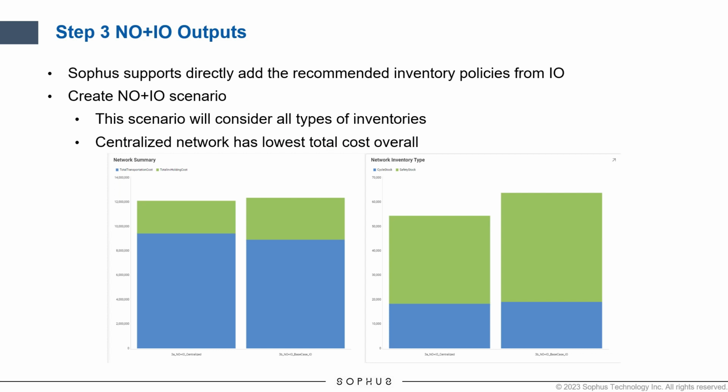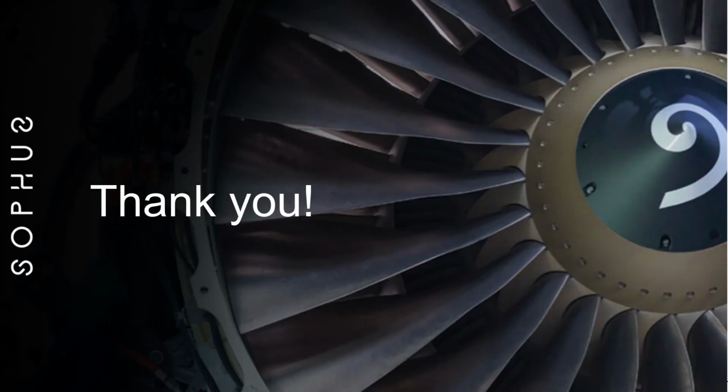In conclusion, HousePro's journey in optimizing its network and inventory management highlights the importance of strategic planning via supply chain modeling, a domain in which